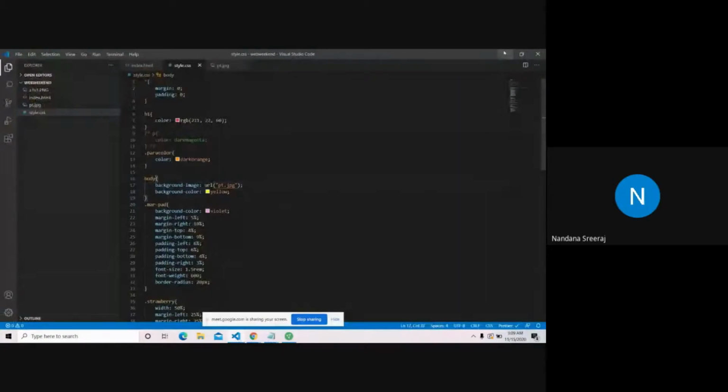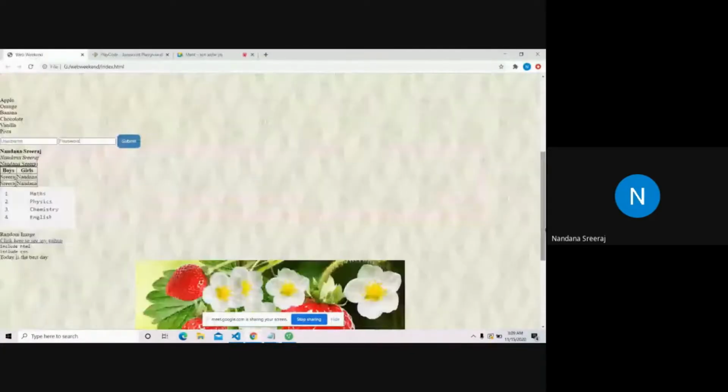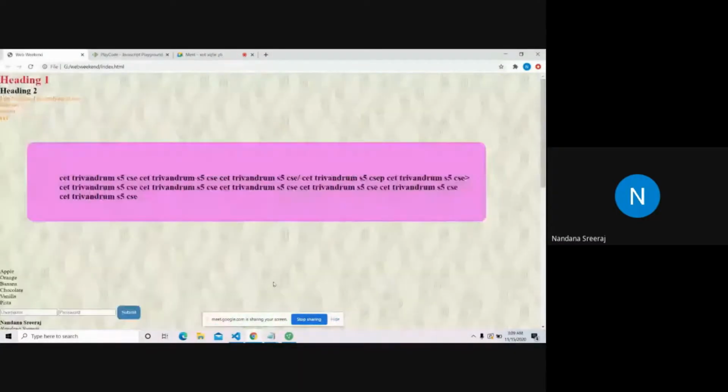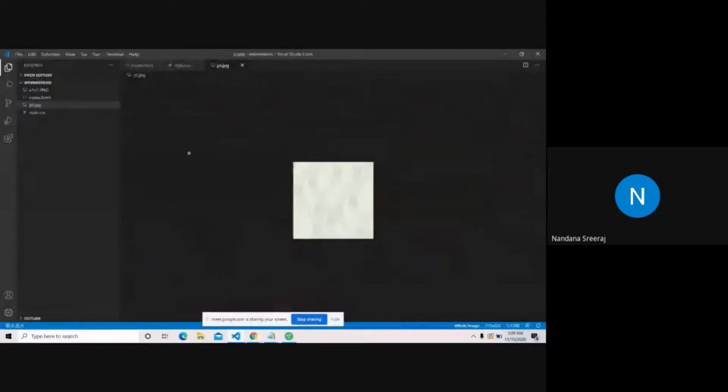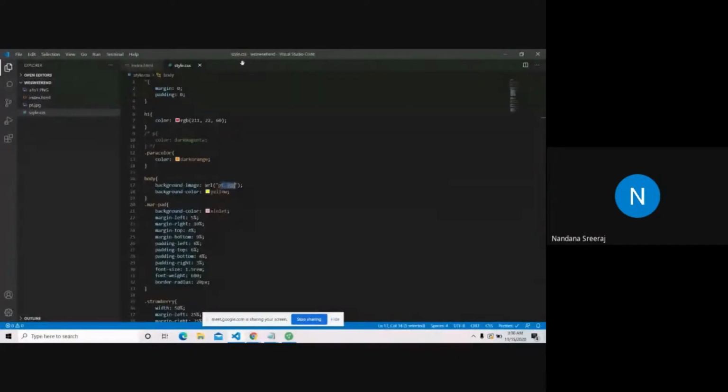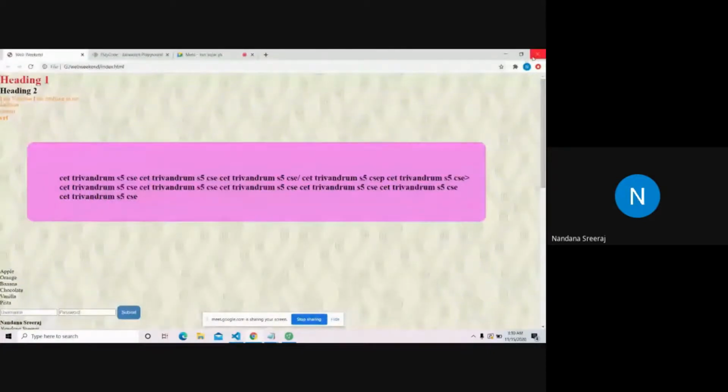So what I did was I used the background-image attribute, and inside the URL I gave pt.jpg, the name of the pattern that I used, and I got the background image. It's a pattern, it's actually good to see. So this is how you set the background image. You can give a background image to various tags also. If you want to give it to a particular div tag, you can use this. Since I want to give the background image to the whole document, I'm using the background-image attribute inside the body tag. The body tag includes the entire thing, so you will get the background image for the entire page.